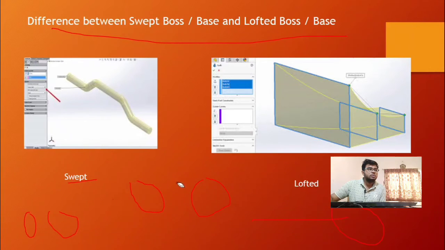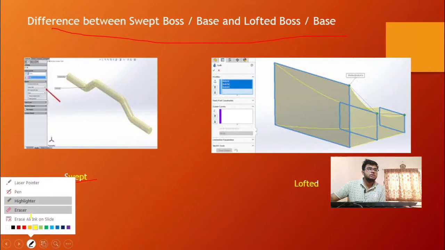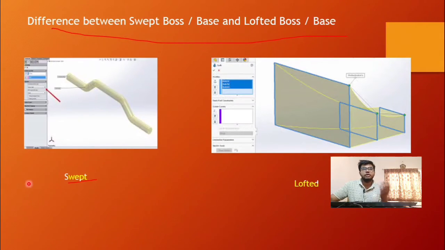Now I am talking about lofted. In lofted you can see in the figure there is a change in cross section at different sections.